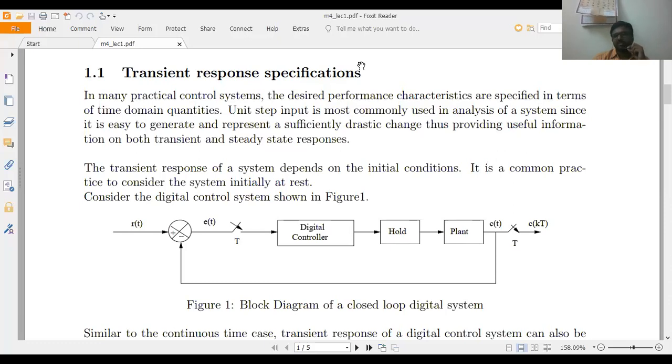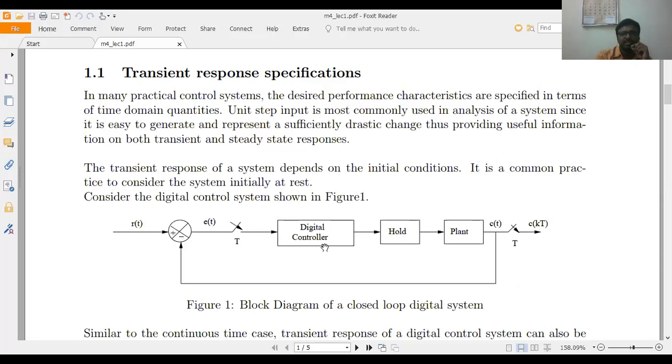Let us consider a simple block diagram of a control system, that is, a closed loop digital system. This block diagram represents the closed loop digital system,